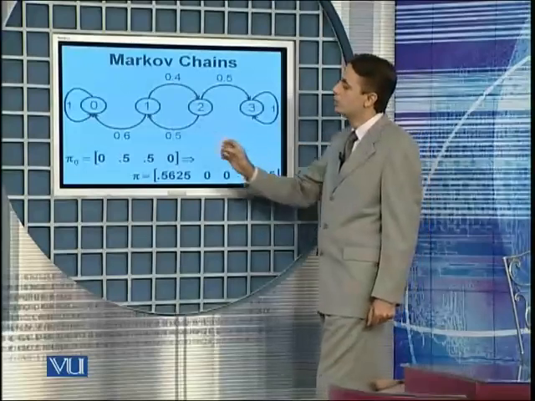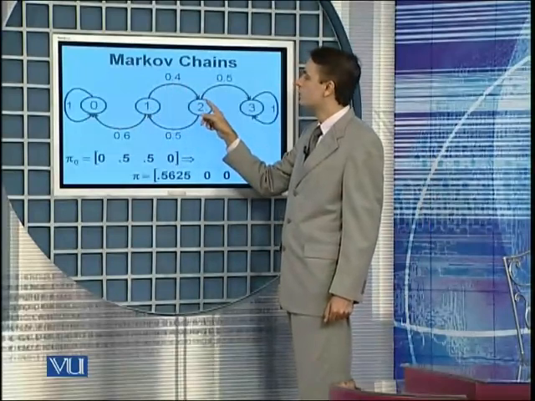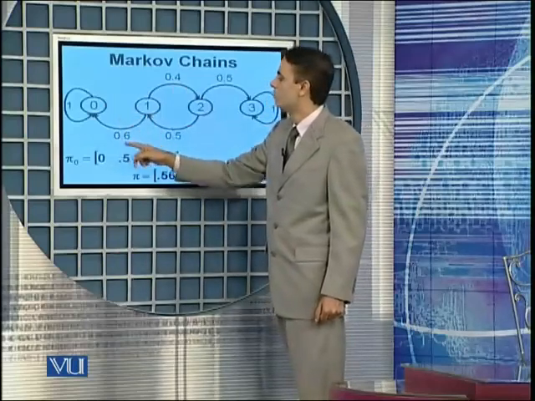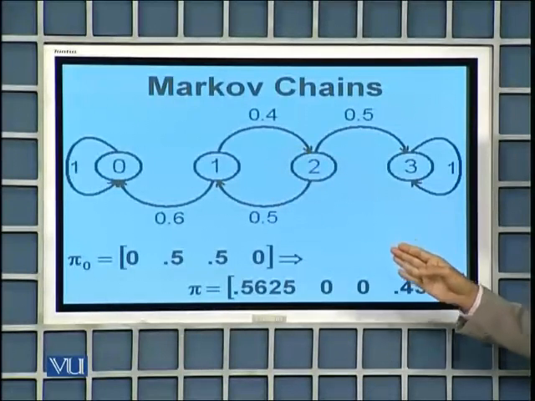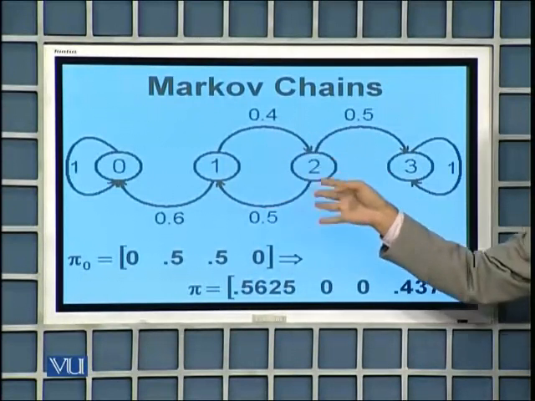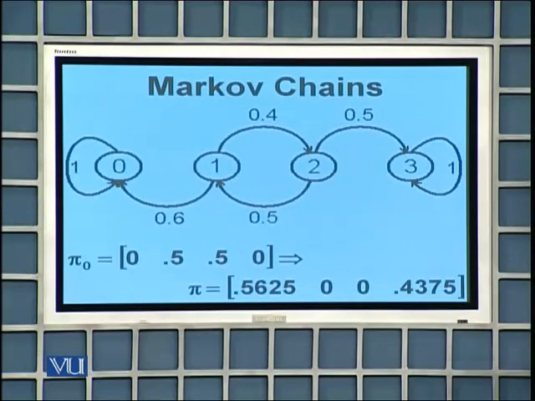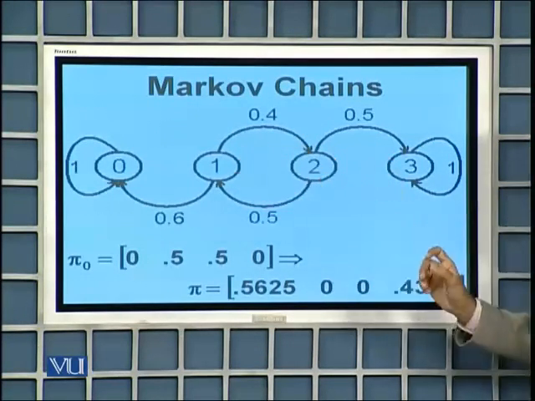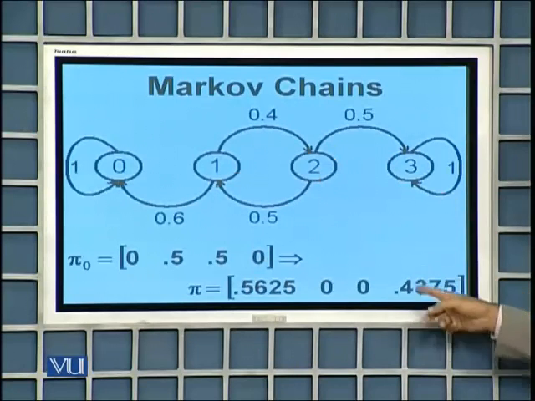This is due to this unequal transition from state 1. From state 1, we go back to state 2 with probability of 0.4, and we go to state 0 with probability of 0.6. So once we are in state 1, the probability of moving to state 0 and getting trapped there is higher compared to moving back and then either getting trapped in state 3 or coming back to state 1. Hence, if we start with equal probability in state 1 and 2, the probability of getting trapped in state 0 is higher and the probability of getting trapped in state 3 is lower.